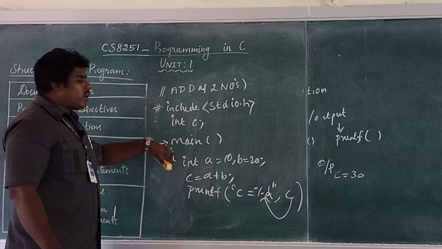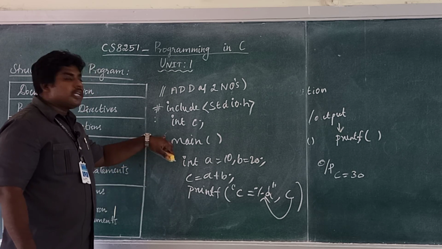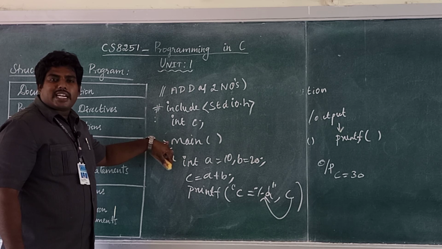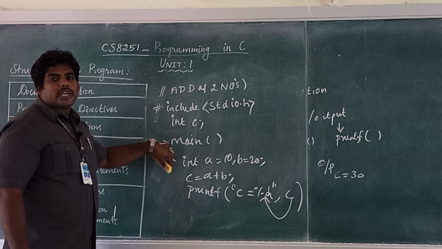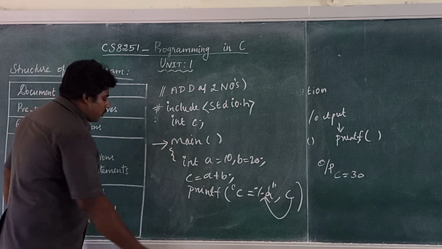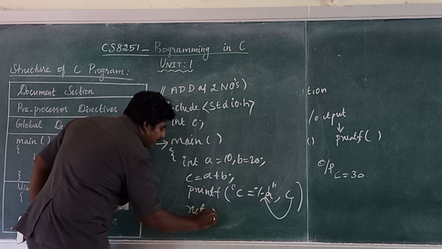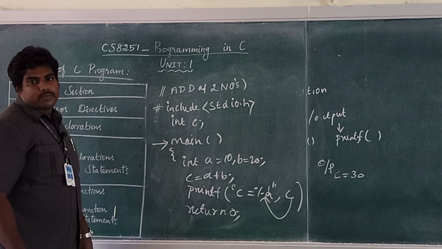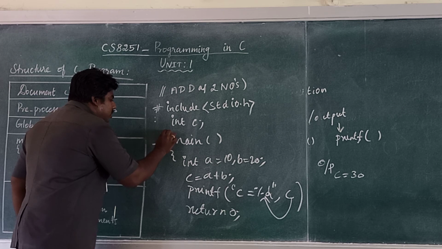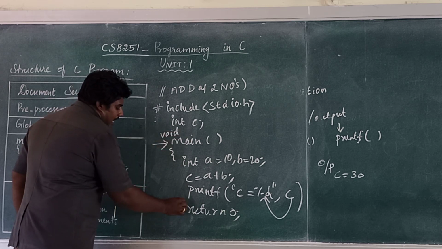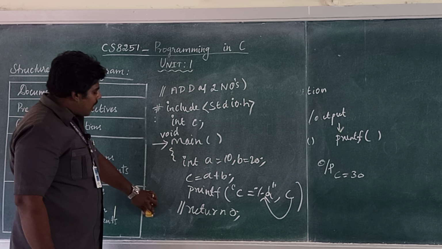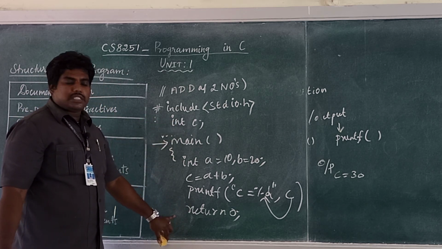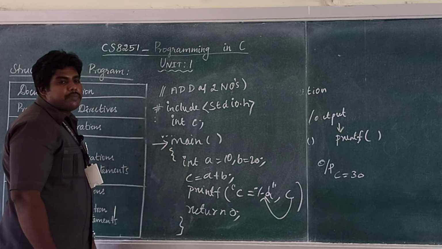Okay. So before closing the curly brace, you have to check here. What's the default return type or default data type here? Int. So it wants to return an integer value, so you have to put return 0. Otherwise you will get the error, function should return a value. Suppose if you are using void, there is no need of this line. If you are using int, it wants to return some integer value. Then close the curly brace.